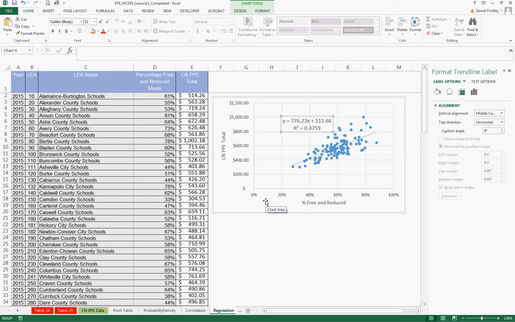And so we see our equation has an intercept of 111.66 and a slope of 776.23 and an r squared of 0.4759. So the r squared means that approximately 48% of the variation in our total child nutrition per pupil expenditures is explained by the percentage of free and reduced students, and it has a slope of